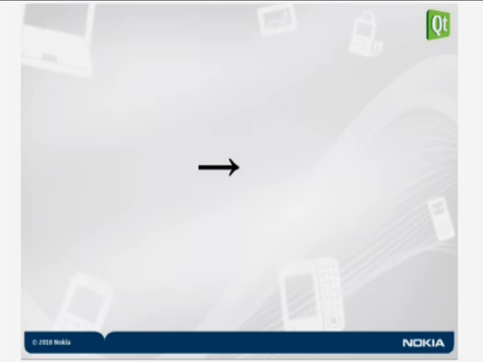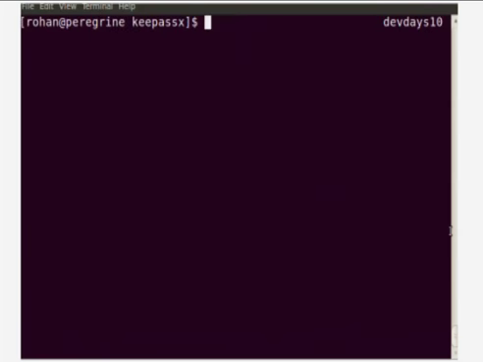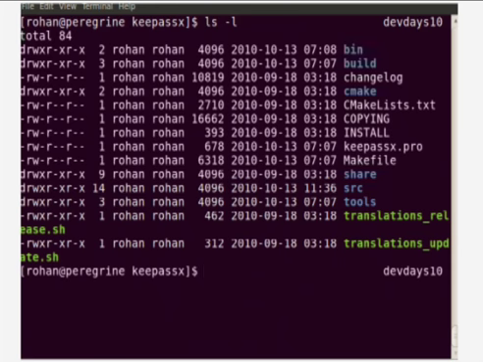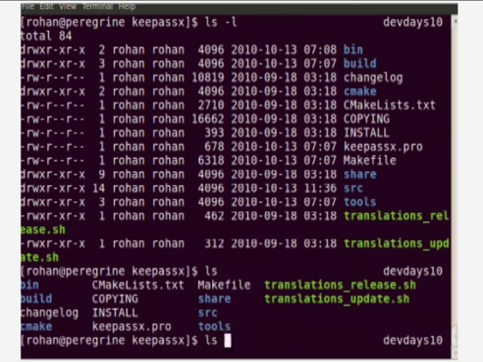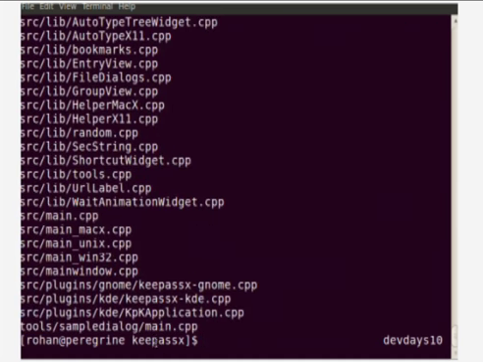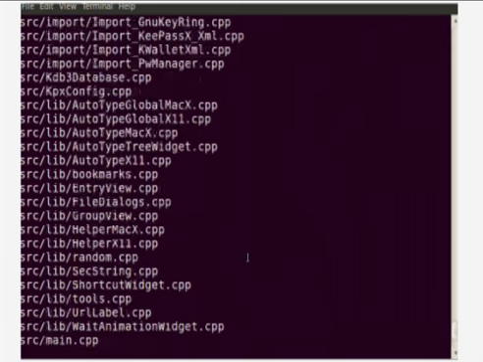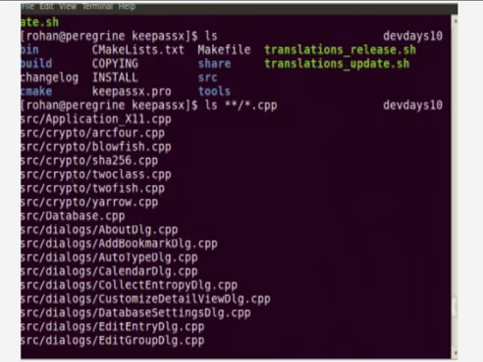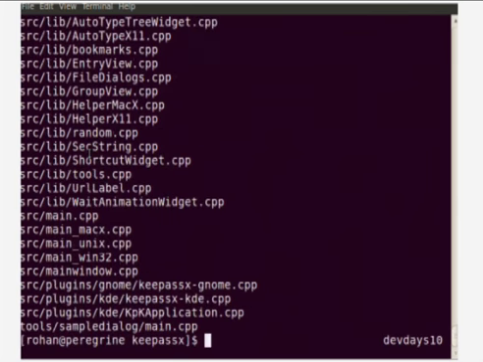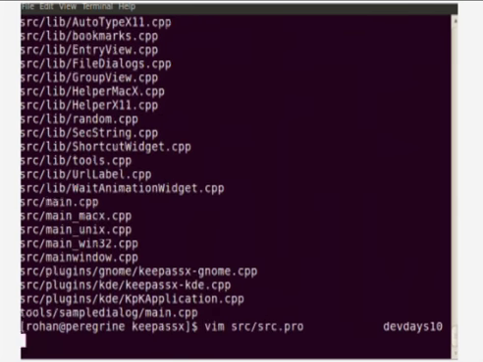Okay, so how can we actually do that for this application? Well, let's have a look at the structure of the source code at the moment. Okay, I have all these directories. Maybe it's better if I just do that. Okay, so apart from my little sample dialog tool that I wrote, everything else is just under this source directory, and currently